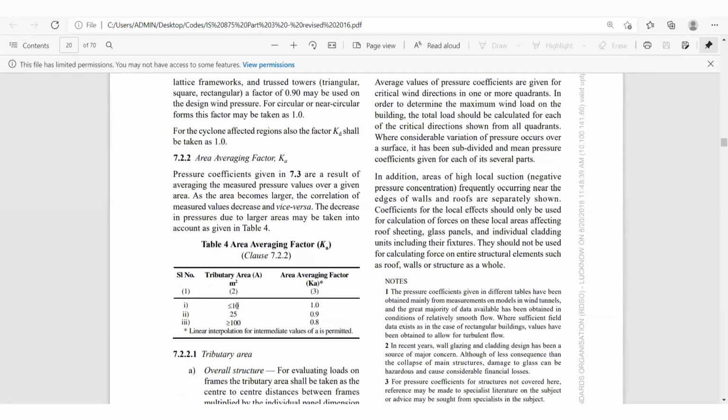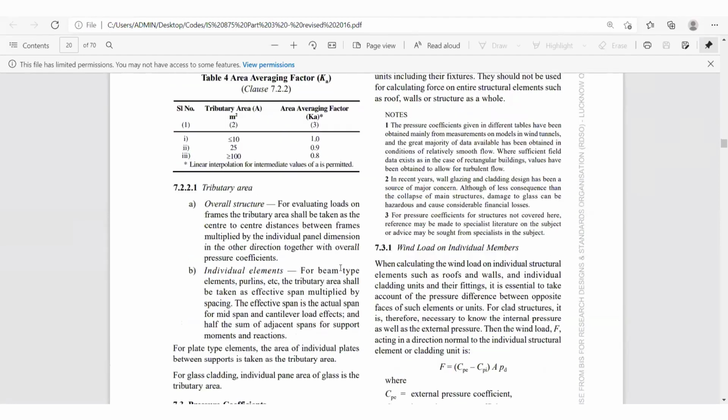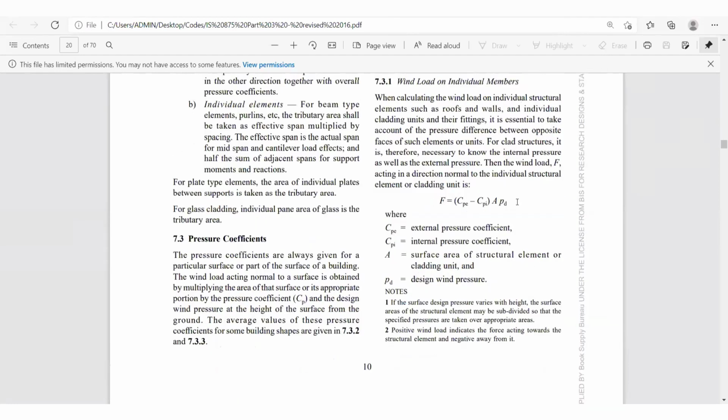If the building area is less than 10 square meters, you consider 1. If the building area is around 25 square meters, you consider 0.9. For building area greater than 100, we consider 0.8, since our building area is 180 square meters. After that, this is the formula you have to apply.